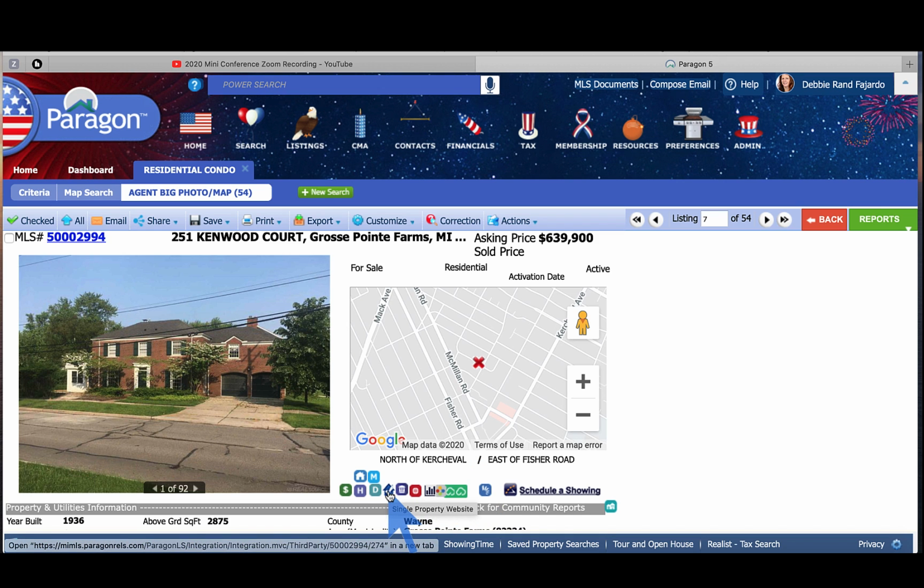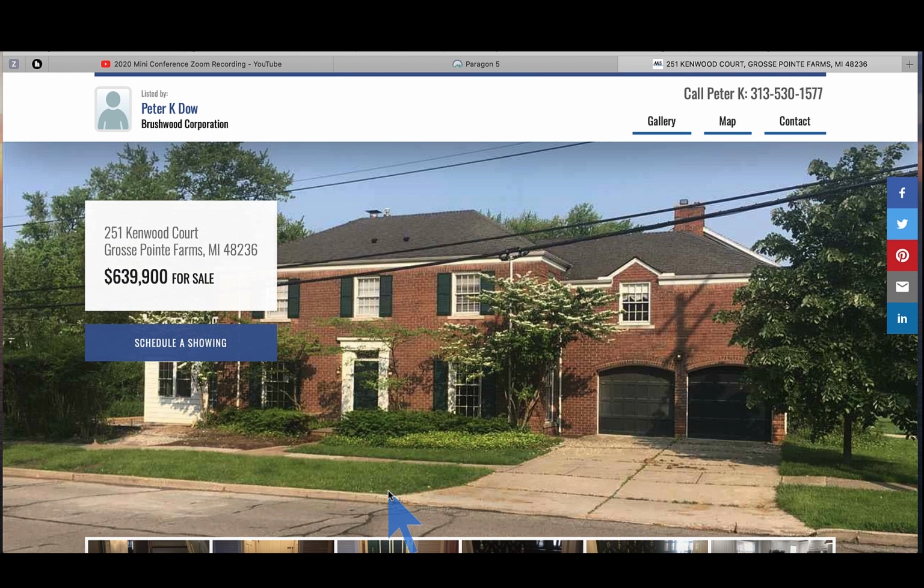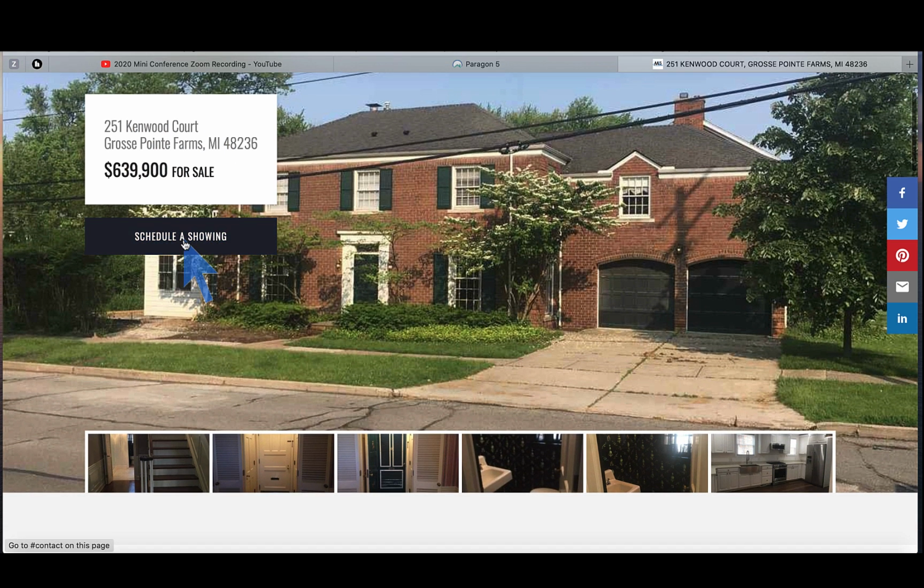The single property website. This is a great place for you to advertise your listings. You'll see that the listing agent is up here. Looks like Peter does not have his agent photo uploaded. The listing address, you can schedule a showing from here, but honestly, it is a request to the listing agent. To share your listings,